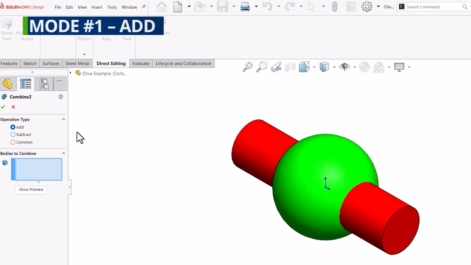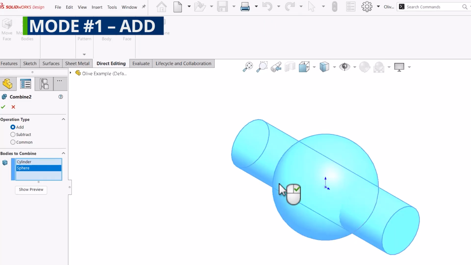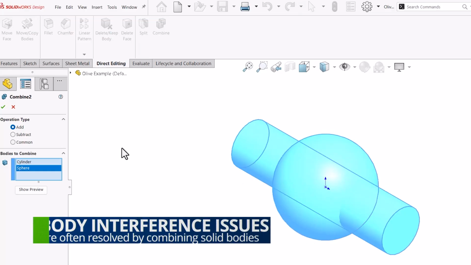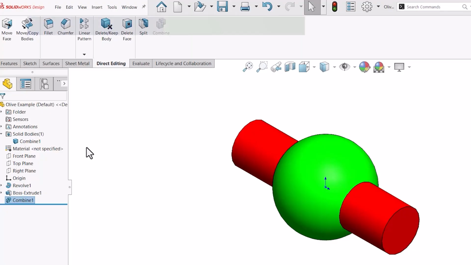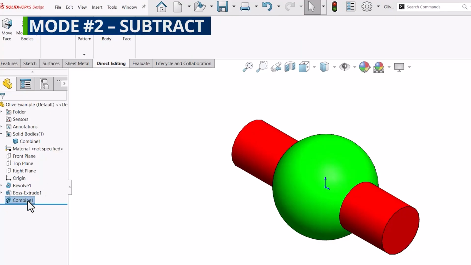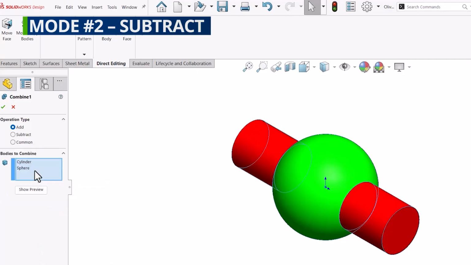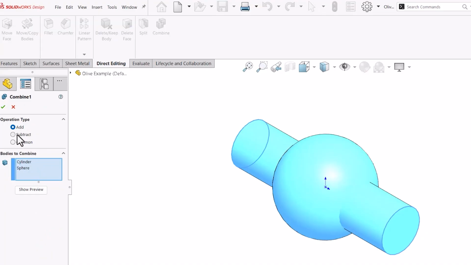The Add operation is going to merge all selected bodies into one single body. By selecting the two bodies and pressing the green check, notice the Solid Bodies folder has changed to one single body called Combine. By editing the feature, let's change this to Subtract,